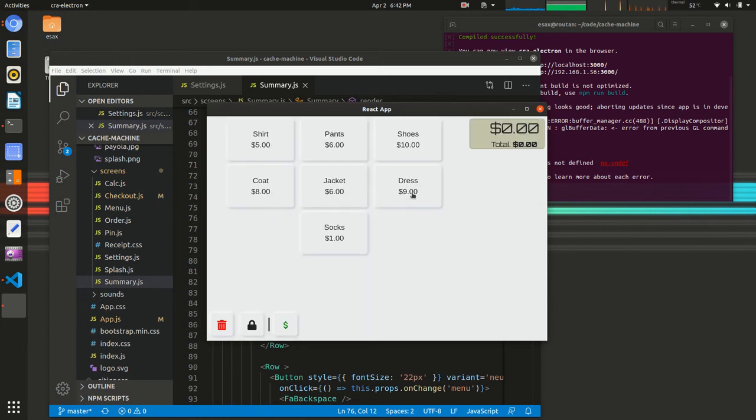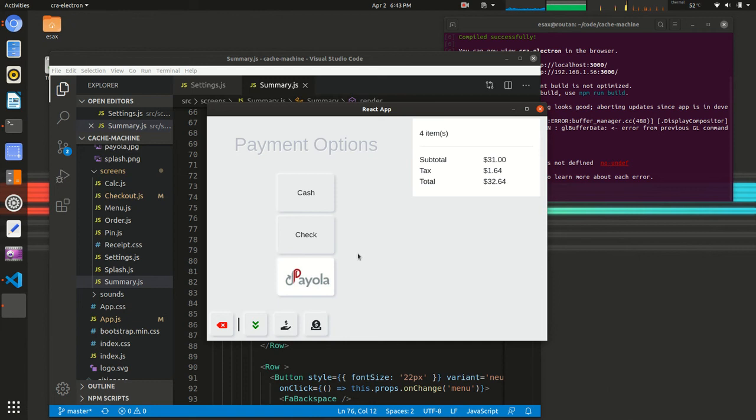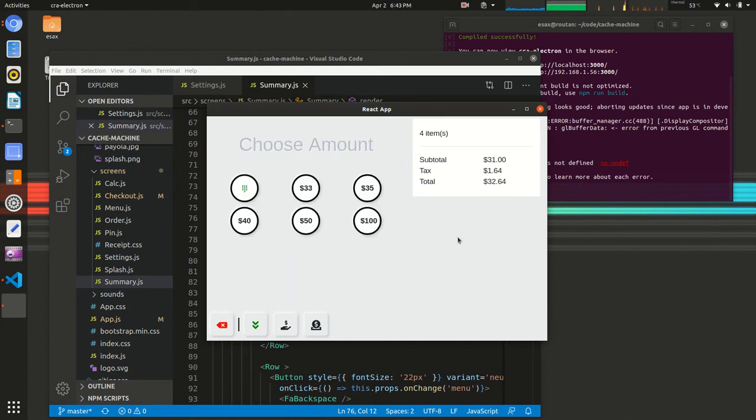So let's do one more order. We're going to add a couple of pairs of shoes, maybe a shirt, maybe some pants, get a whole outfit. We're going to go back into our payment options. And one of the features that I wanted to show off in this video is the fact that in a cash sale, we've sort of got this little matzo ball of change hanging off to the side here, and